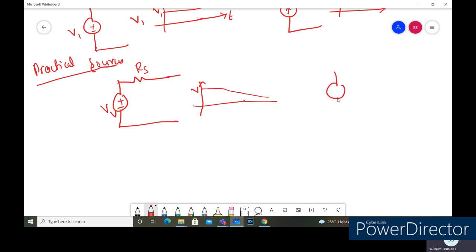Similarly, the same thing happens for the current source also. For the current source, the source resistance is connected in parallel across this one. So this is RS and this is the current, which is called IS here. Even for the current source the same thing will happen. Gradually it will reduce as time goes. So this is the difference between the practical and the ideal sources. With this concept, in the next session let us look into source transformations, how we can transform